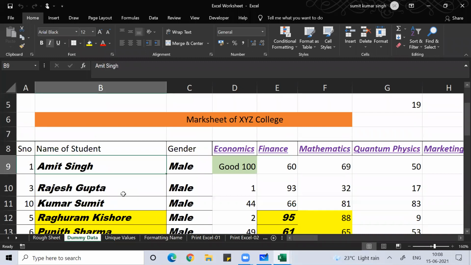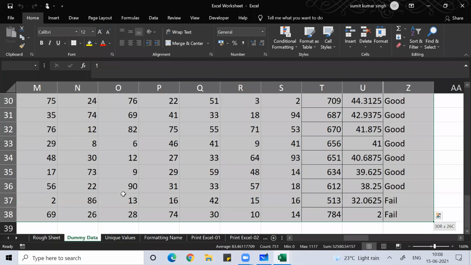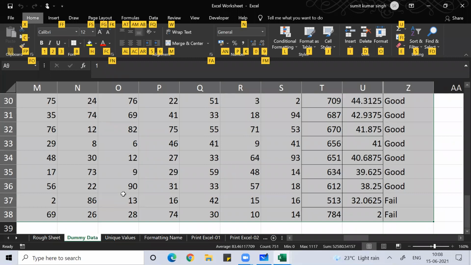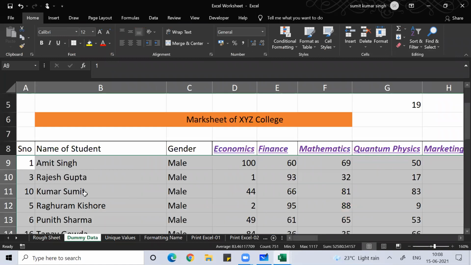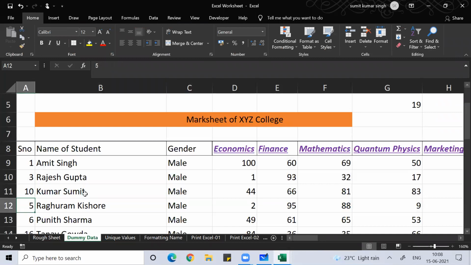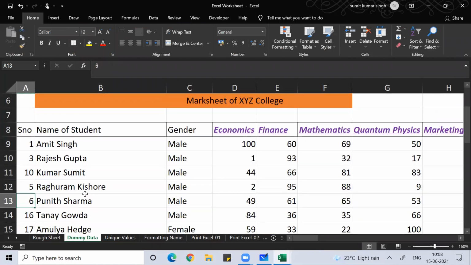For that, I can select the data with Control Shift right arrow, down arrow. Then Alt H for Home, under that E, and there I'll do Clear Formats, so I'll press F. That formatting is erased. Now this looks better.